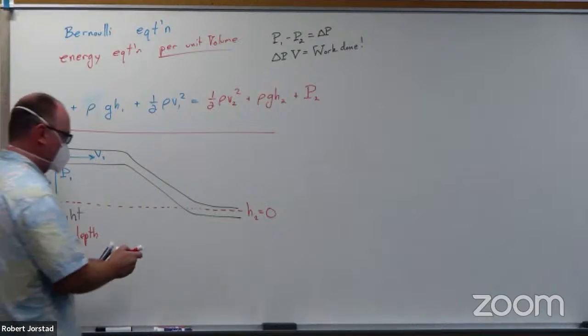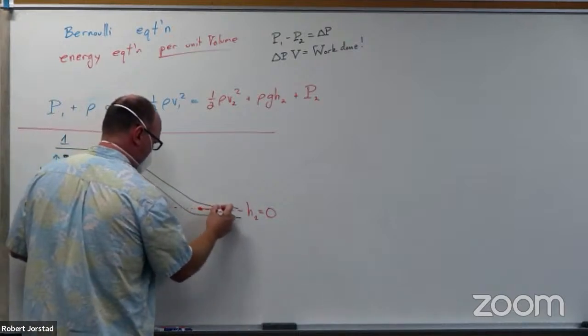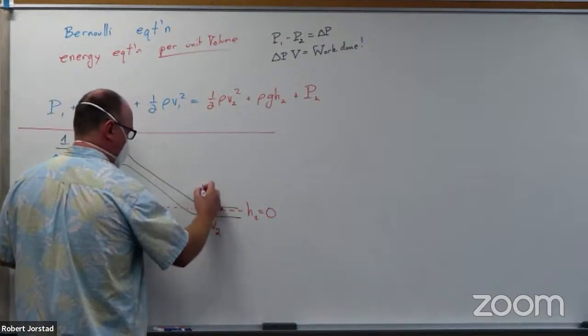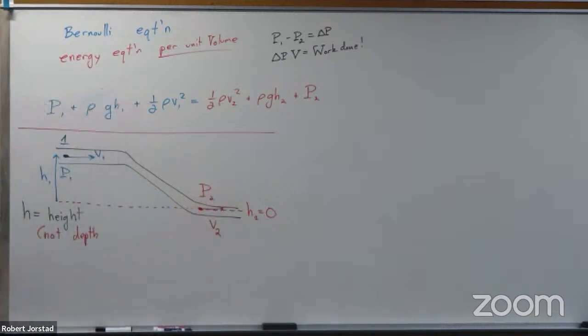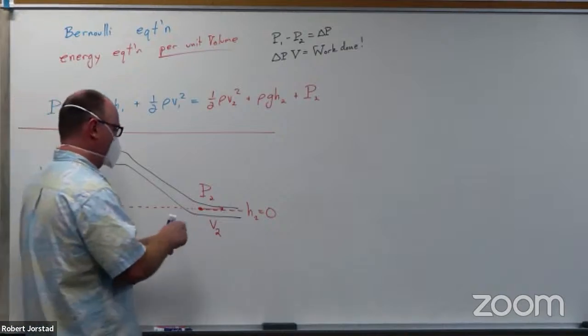Down here is going to be V2 and pressure 2. So now we have all the tools we need. If you know the height, pressure, and speed at one spot, hopefully we can figure it out at the other spot. We should not use